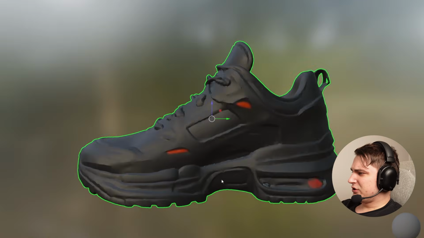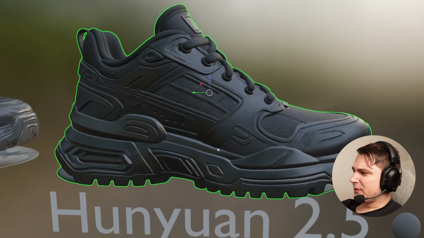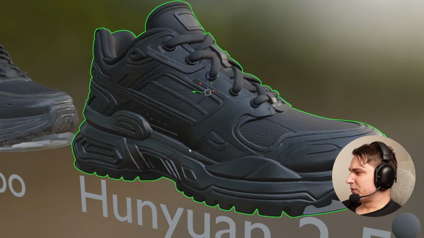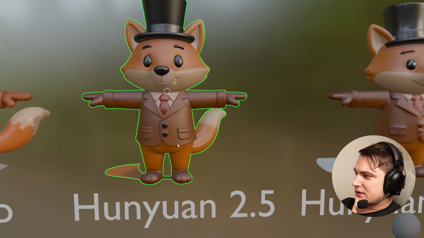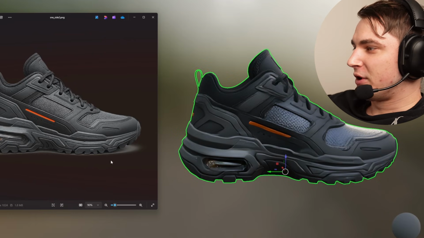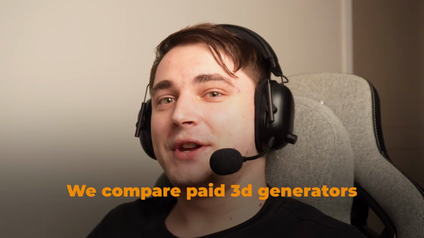No, this is too bad. Well, the geometry is very detailed, but it's not following the prompt. Okay, it's not that bad. Why? This is really nice. I'm surprised. Hey guys, this is Stefan, and today we compare paid 3D generators to see which one can do